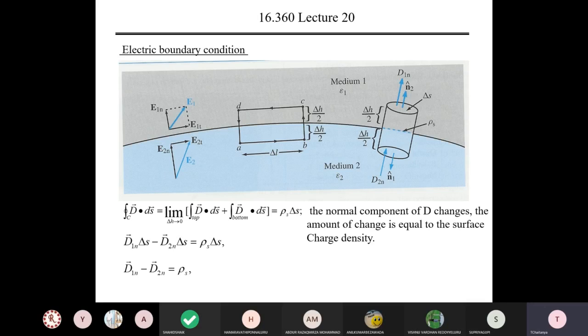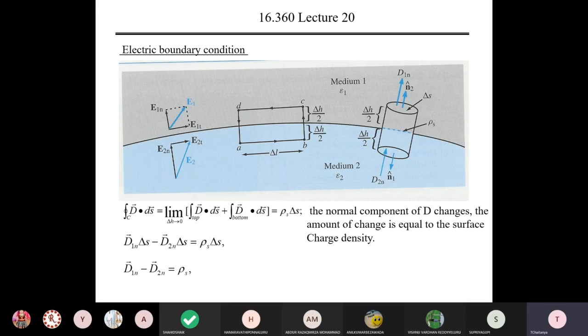Under electrostatics we have subconcepts, and the subconcepts under magnetostatics are quite common. The first subconcept is free space to dielectric: medium 1 is free space, medium 2 is dielectric. That is case 1. In case 2, medium 1 is a dielectric and medium 2 is also a dielectric, dielectric to dielectric. In the third case, medium 1 is free space and medium 2 is a conductor. So these are the three possible cases.